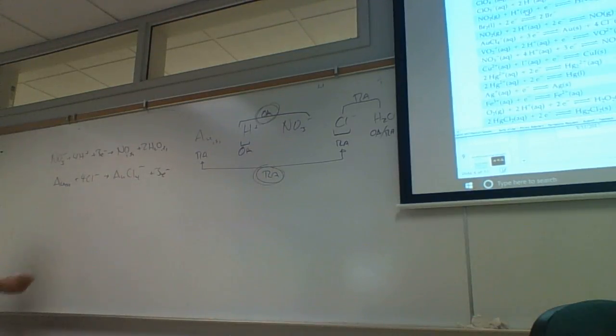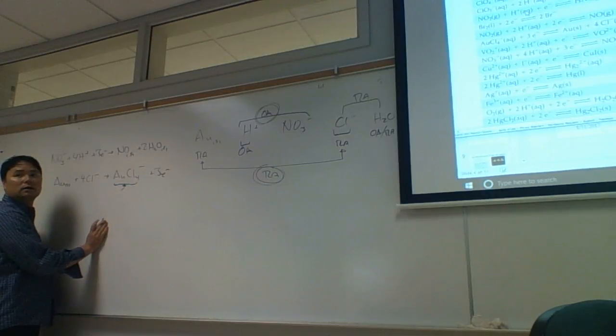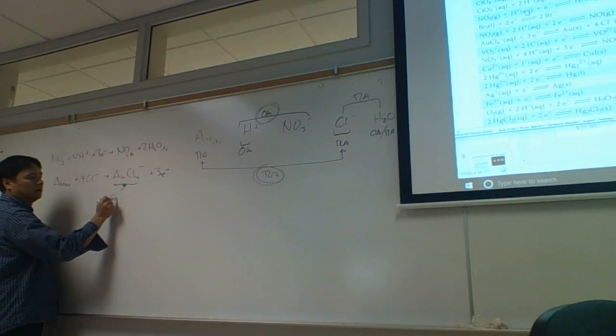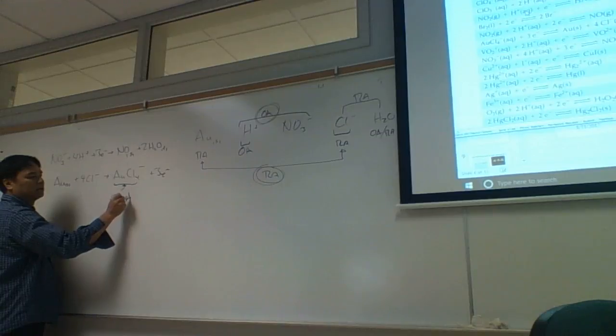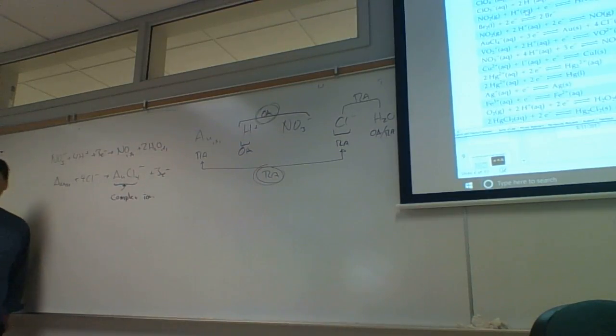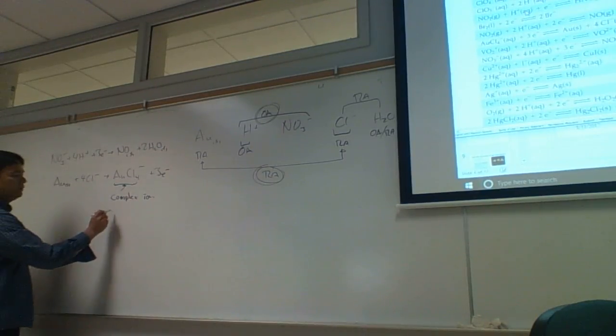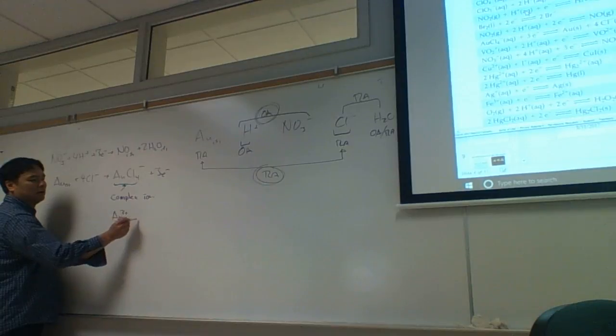AuCl4 minus, what's this species called? This is what we call a complex ion. It's a complex ion. What it is, you know, normally when you think about gold, it's 3 plus, and normally